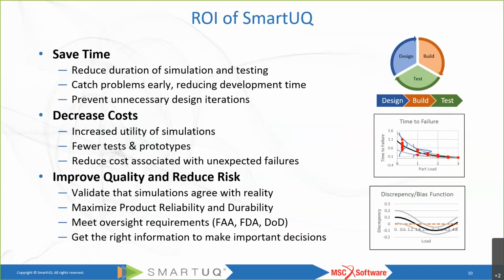Calibration utilizing predictive models can also be used to validate that simulation results agree with physical data. Understanding uncertainty and therefore risk can lead to decisions that maximize product reliability. Many governmental agencies and professional organizations have also begun producing requirements and best practices for simulation modeling and validation that require an ability to perform tasks such as quantifying uncertainties and understanding the sensitivity of quantities of interest on key